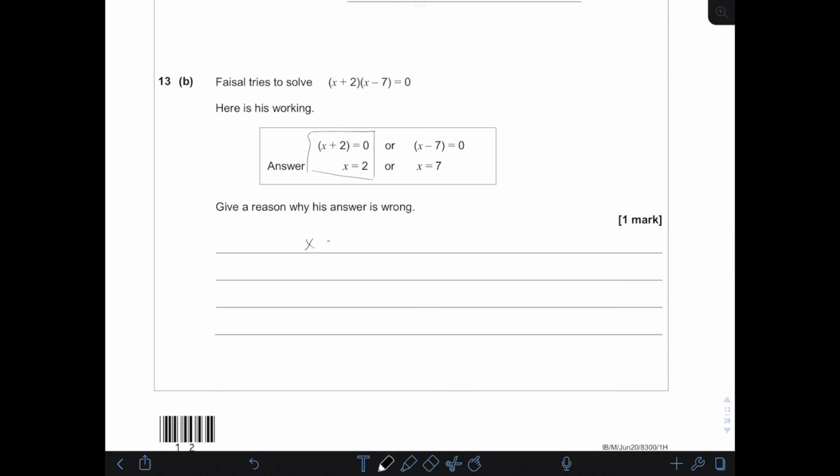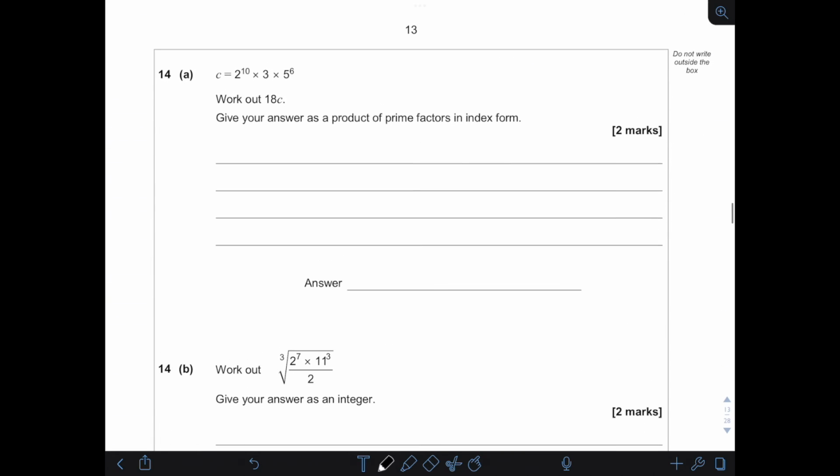So when x plus 2 is equal to 0, then x has to be minus 2, not plus 2, okay? It's not plus 2, it is minus 2 that you want. So this is why they're wrong. They forgot the minus. That's a very silly mistake, and it happens very often, actually. So that's that, and then now we have